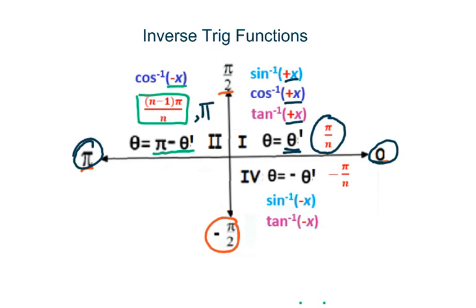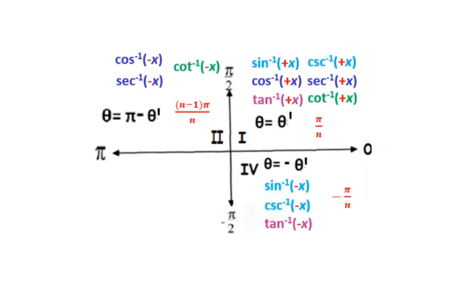For inverse sine and inverse tangent, when the domain is negative, then the angle will be in the fourth quadrant. The pattern will be angle equals negative reference angle. If it's a special angle, we use -pi/n to show that. This diagram shows all 6 inverse trig functions